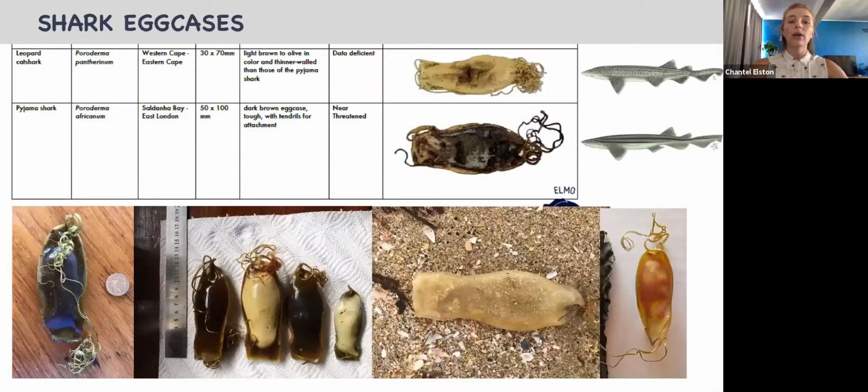And the next two are going to be a little bit bigger because these are the bigger shy sharks. So you have the pyjama shark and the leopard cat shark. And again, they are pretty easy to tell apart in terms of their color and even their texture. So the pyjama shark, the biggest one, their egg case is going to be about 10 centimeters long. So that's about 2 of your thumbs. And it has this really dark brown olivey color, and the walls of the egg case are very, very thick,